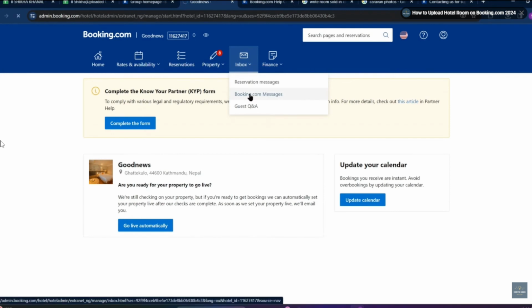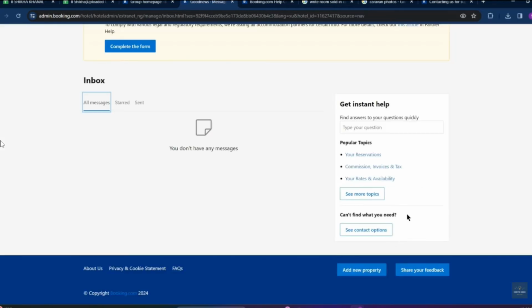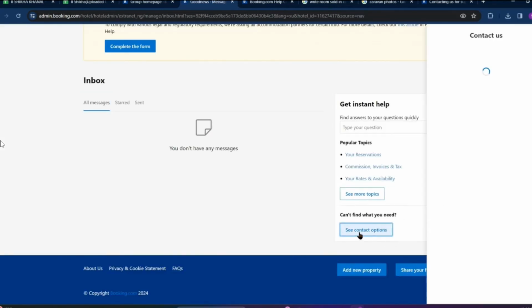On the extranet dashboard, look for the inbox or messages section in the main navigation. This is your central hub for communication. Inside, you'll typically see options